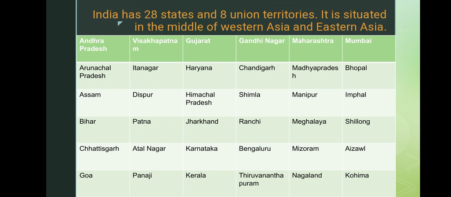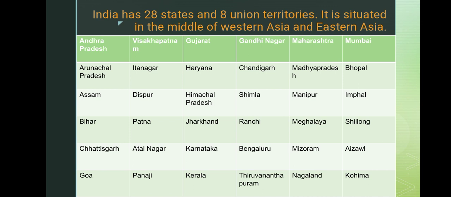It was earlier Raipur. Now it has changed. Actually, its name has changed and become Atalnagar. Goa, Panaji, Gujarat, Gandhinagar, Haryana, Chandigarh, Himachal Pradesh, Shimla, Jharkhand, Ranchi, Karnataka, Bengaluru, Kerala, Thiruvananthapuram, Maharashtra, Mumbai, Madhya Pradesh, Bhopal,